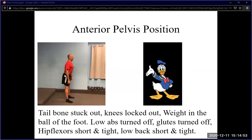Okay. And I'm probably looking at this, probably like 10 degrees here. Okay. So I'm really steep. But if you watch people walking, especially from the side, out in public, you'll see this all the time. I see it every day. I get people coming to me all the time with back pain and things like that. And a lot of times it's just the pelvis is out and other things are out and it needs to